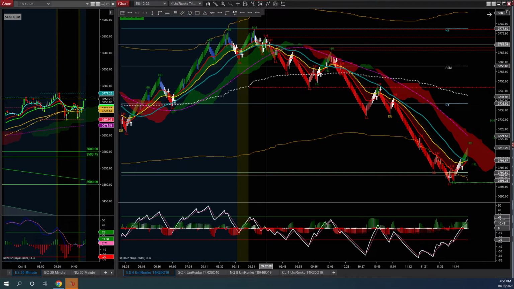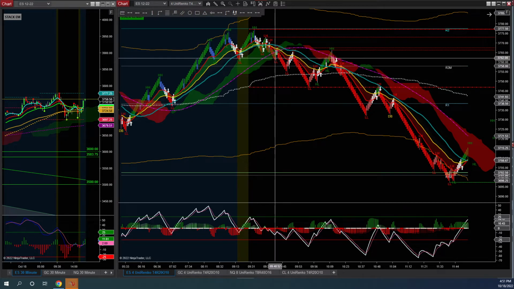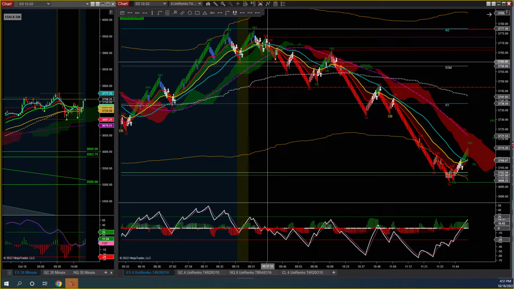So you have that cross there. Then the moving averages move to the downside, and at this point here you see there's a good entry that was valid for 1, 2, 3, 4, 5, 6, 7,